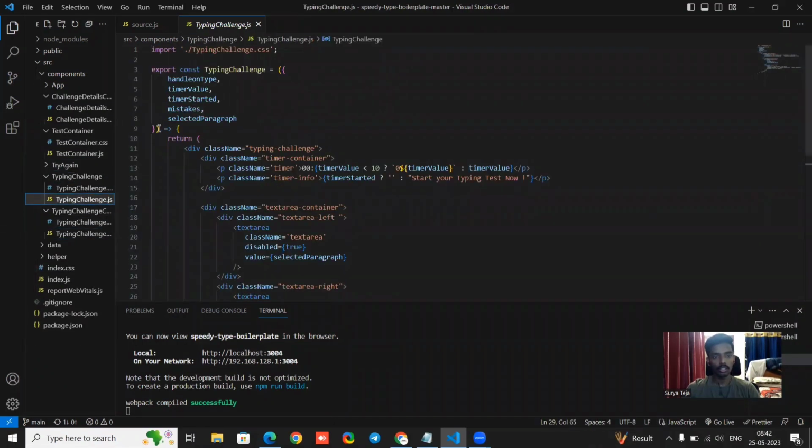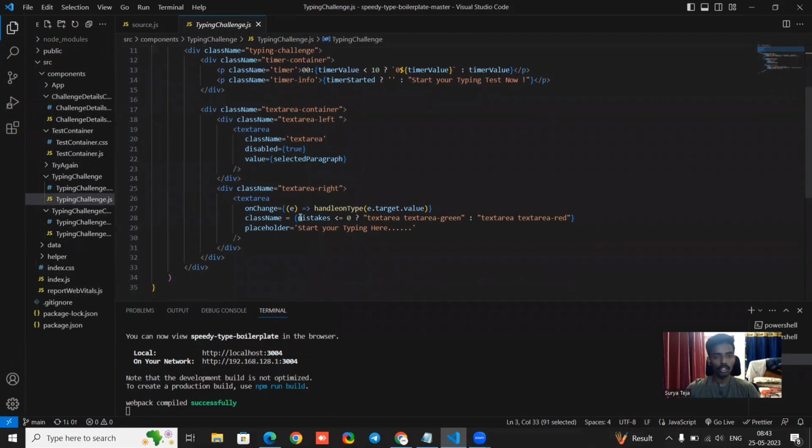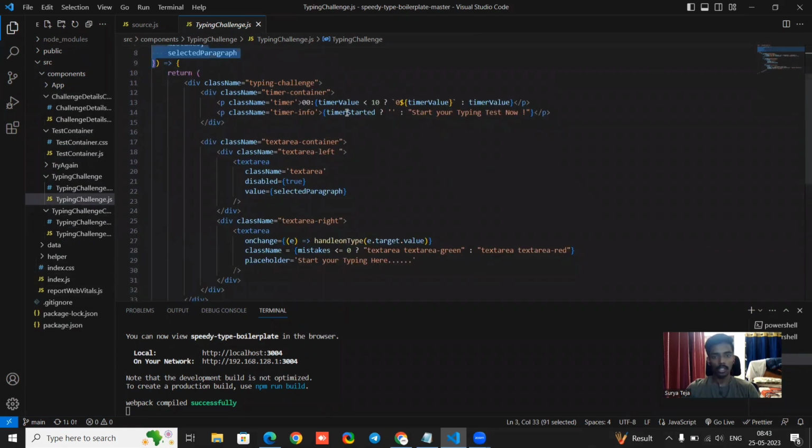Yeah, when I opened this, here also there are some props passed. Actually, there is no need to pass these props through the whole tree. When we use Redux or some React context concepts, we don't have to pass all these props throughout the tree. We can shorten it. There is a time limit when the time started. You can see here, this is the timer value, and in this timer value we passed a